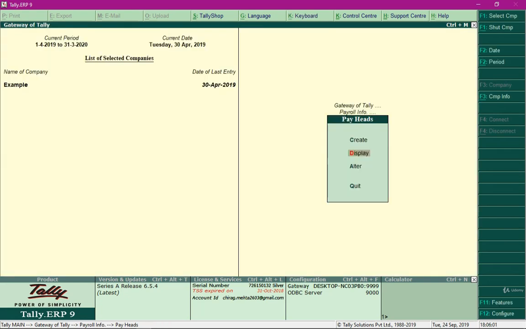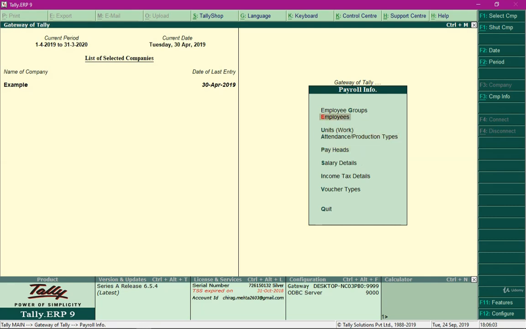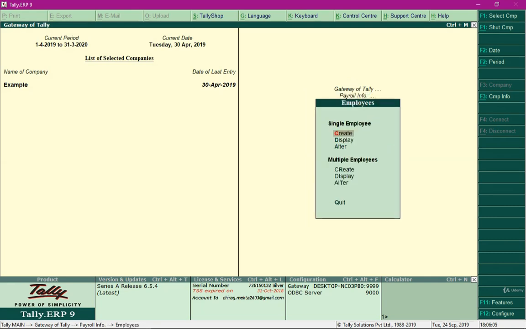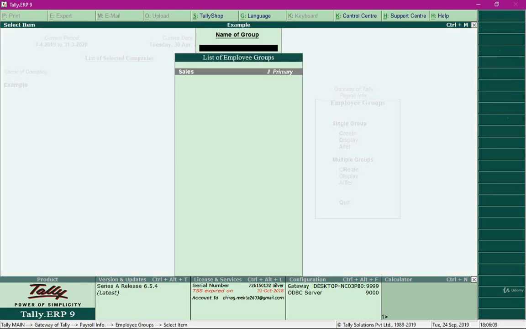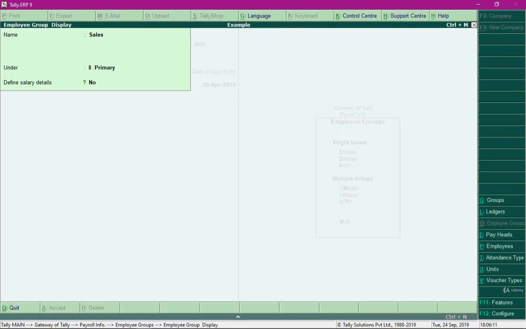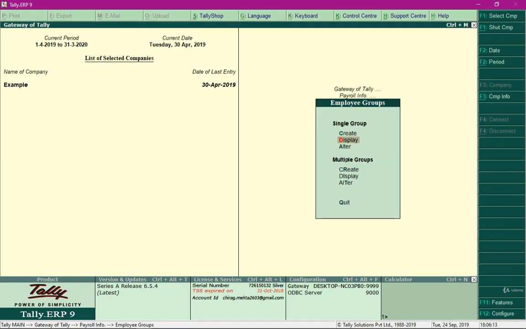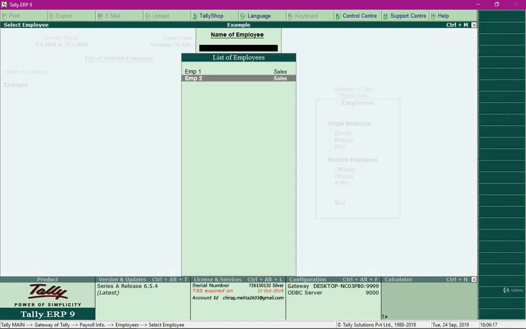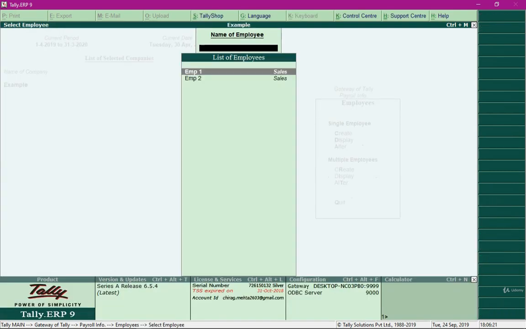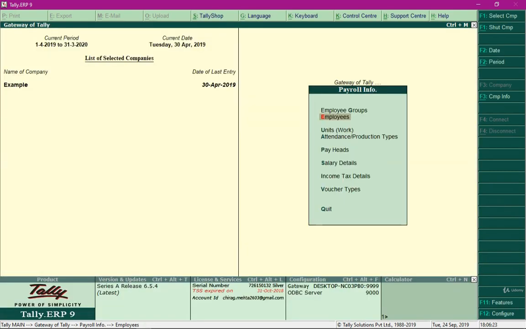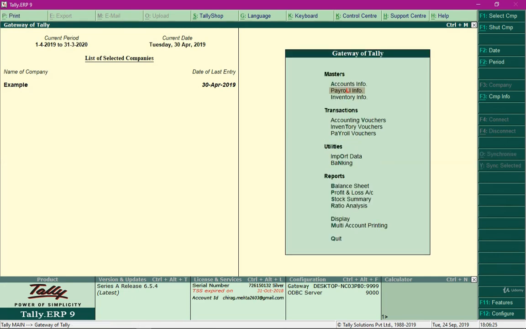So after defining the payheads, we are required to define employee data, or we can also define employee groups and define salary structure for each group, and then define the employee and assign him to the group. And once we are done with the setup, we can record the attendance vouchers followed by salary process,